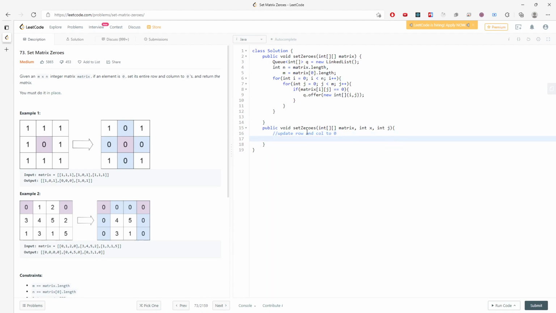So I will just say n equals matrix.length, m equals matrix[0].length. So for int i, let me think about it. Set row equal to 0, right? So for i equal to 0, i less than